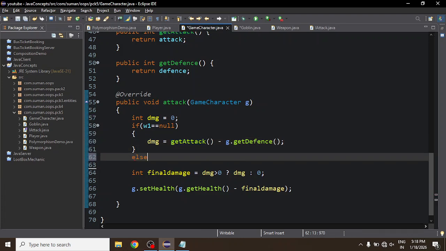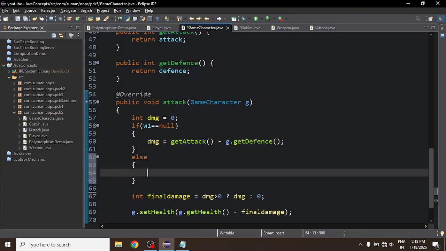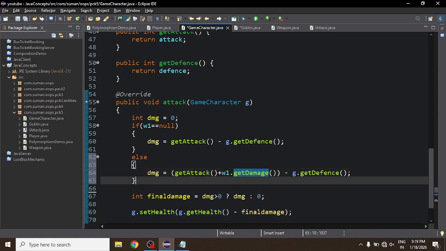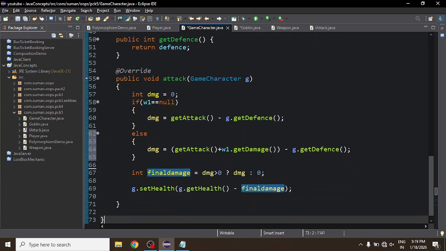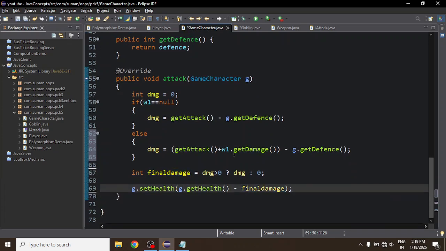Okay. Else we'll say this, which will have damage. So weapon damage. If the weapon exists, then you get weapon damage, or else normal damage. So this is how we create the code. Now if I execute this program, you will see